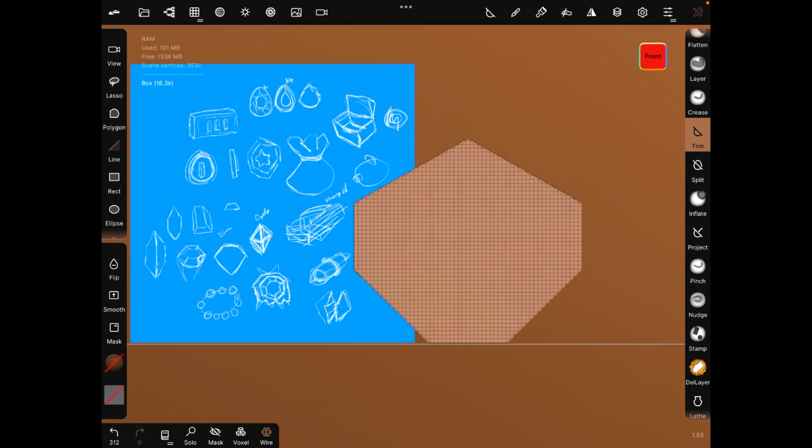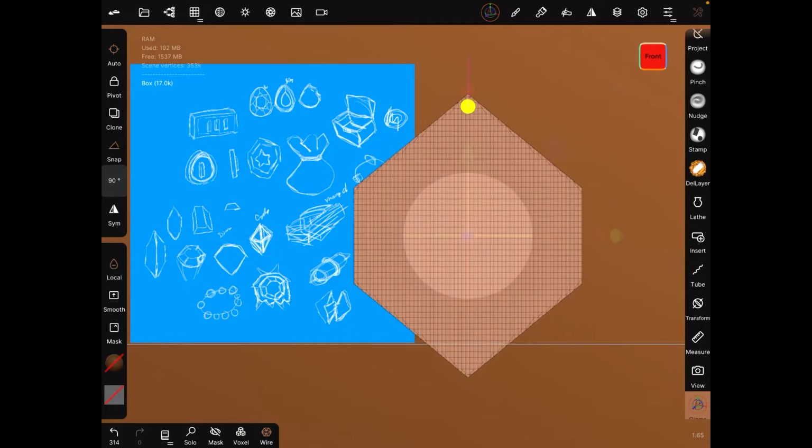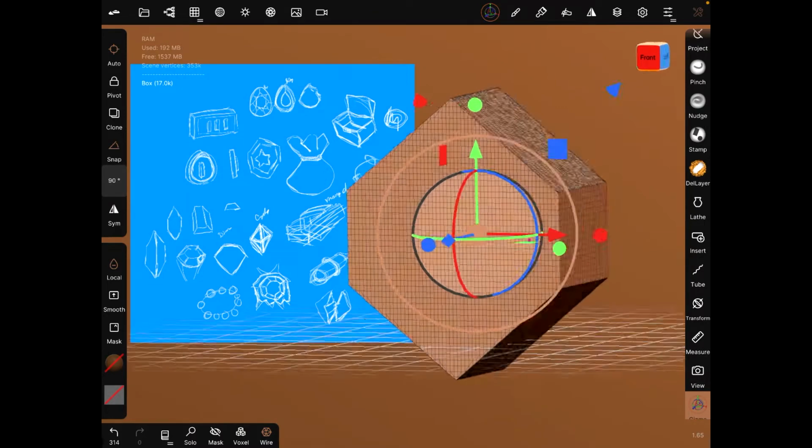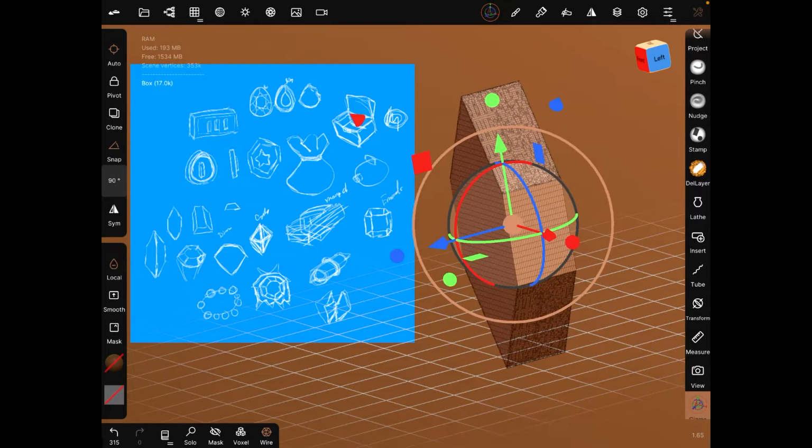Nope. Sweet. Okay, that's not terrible. Let's see if we can just adjust here like that. Nice. All right, and then we're gonna make it smaller,